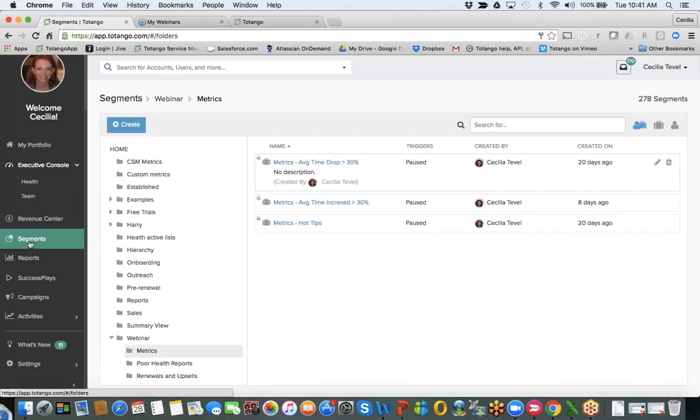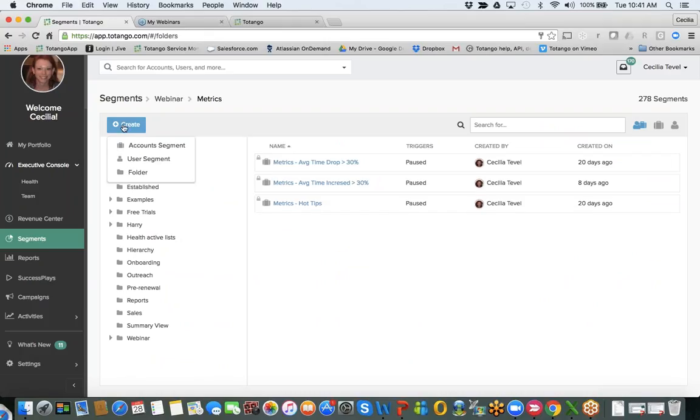Segments. So this is a fun area actually. This is where we have the segments, where you can create, if we just start creating things, you have 3 different things you can create. You can create a folder and you can create account level segments or user level segments. I would encourage everybody, so that it doesn't get cluttered for everyone else,